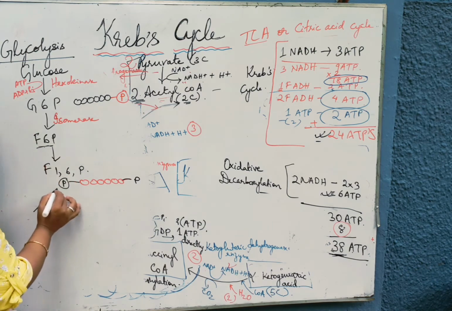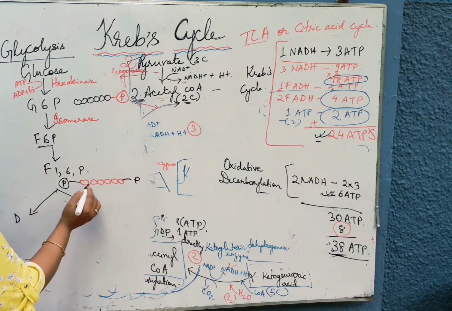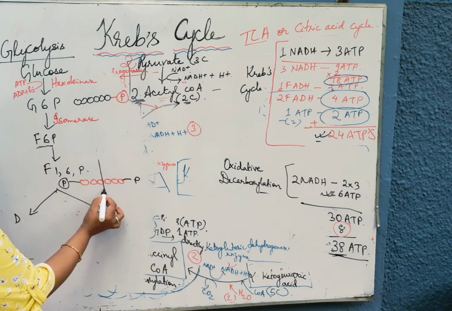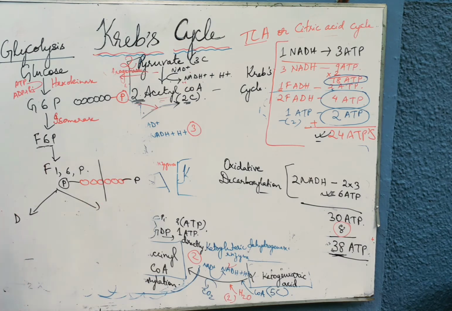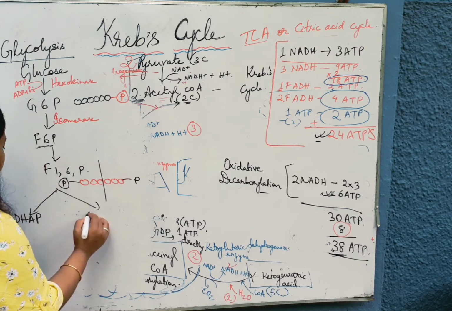I'm not going to explain the process, just you see what happens here. The next is that this 6 carbon atom will be split into 3 carbon atoms each. That is DHAP, dihydroxyacetone phosphate, then phosphoglyceric,